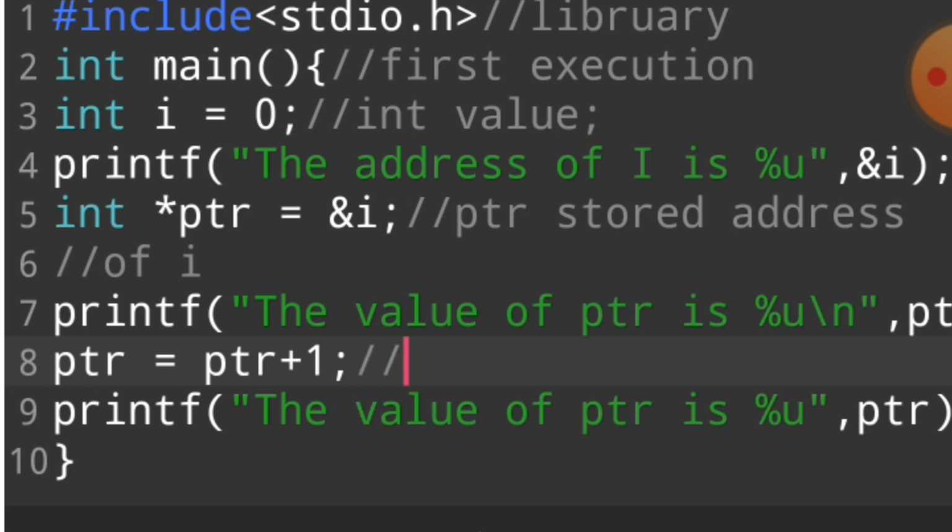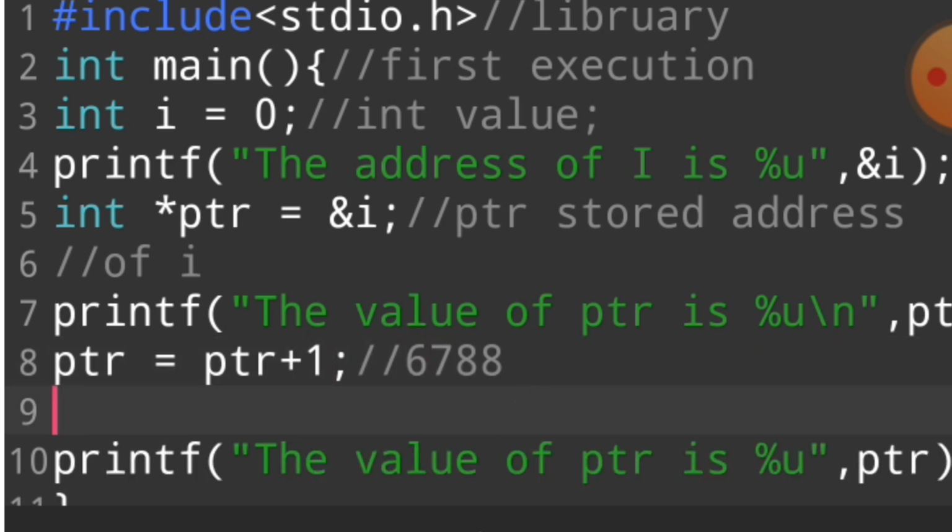And then we say pointer. In ptr, for example, our address is 6788. So we say ptr plus 1. It means going to another block of memory. I teach you only for understanding purposes.